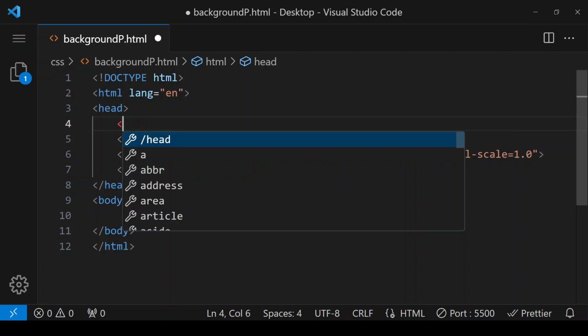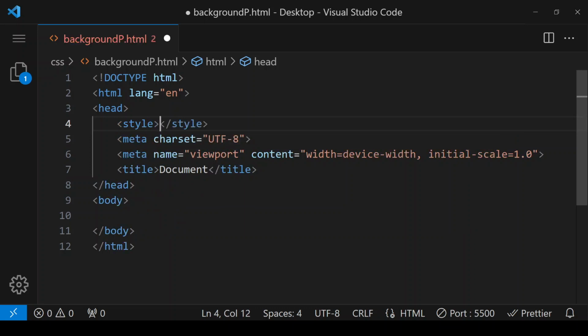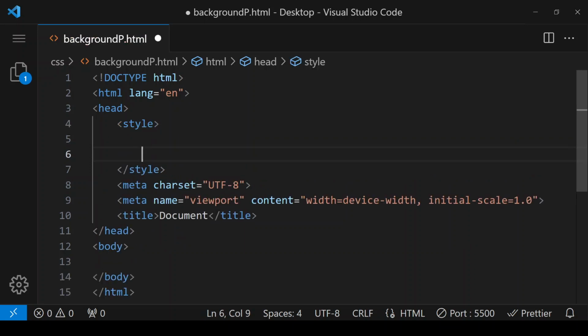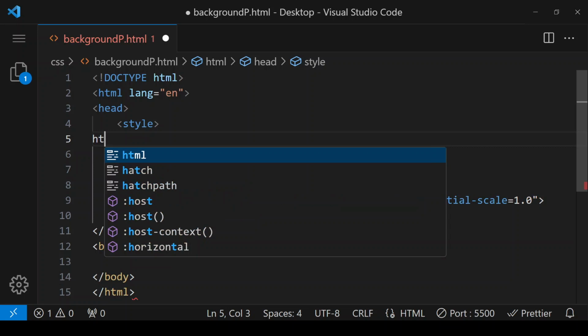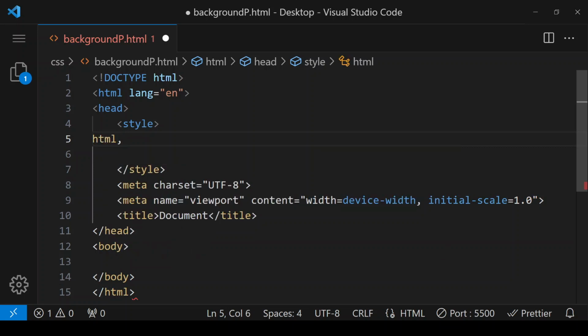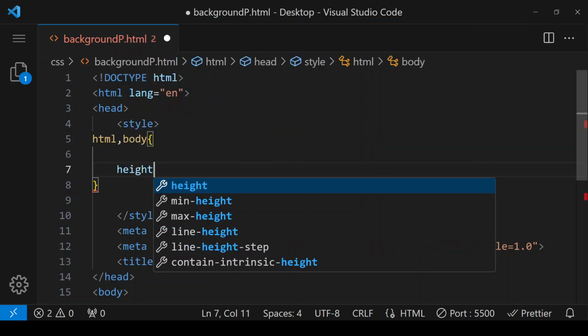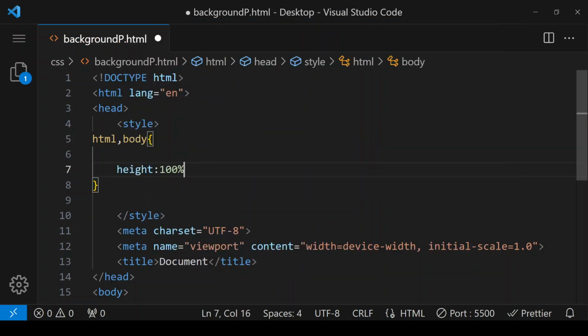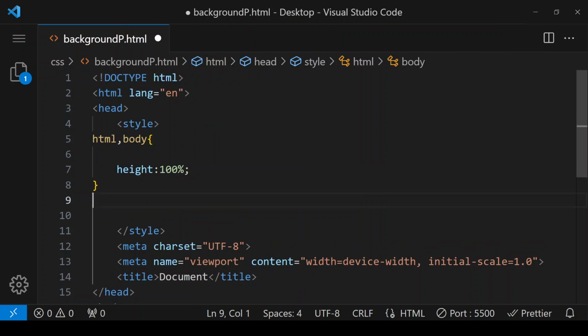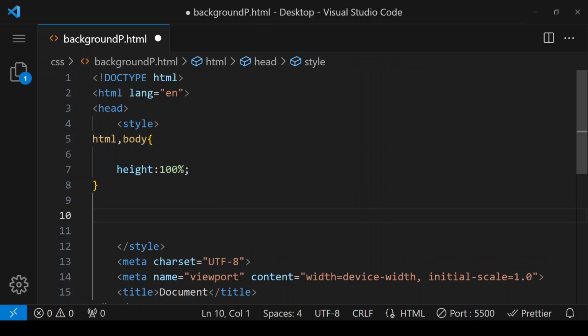first of all we have to give a style tag, and within the style tag we can do all these things. So html, body, here I'm setting height to 100%. If we don't do this, the image won't be displayed properly. So we have to first set the height of our document. Then body,